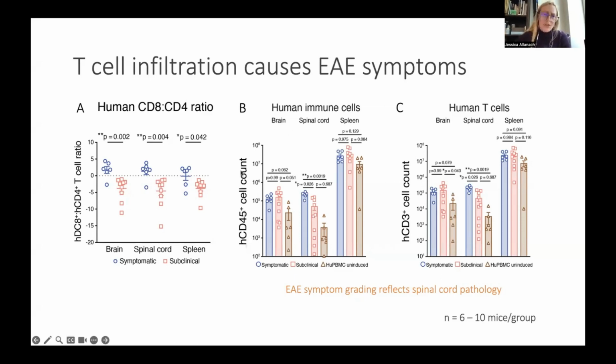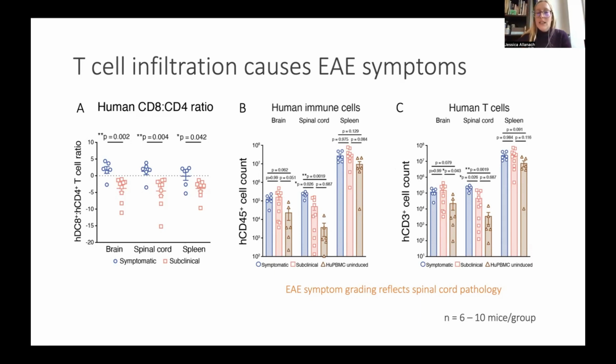And if you look at just the total human immune cell count in the brain, there's not a huge difference between mice that did or didn't get symptoms, but in the spinal cord there is. So the number of human immune cells that actually enters into the spinal cord is a determinant of whether or not these mice develop symptoms. And specifically, it's how many human T cells. This is CD3. And so EAE symptom grading in our model reflects spinal cord pathology due to human immune cell